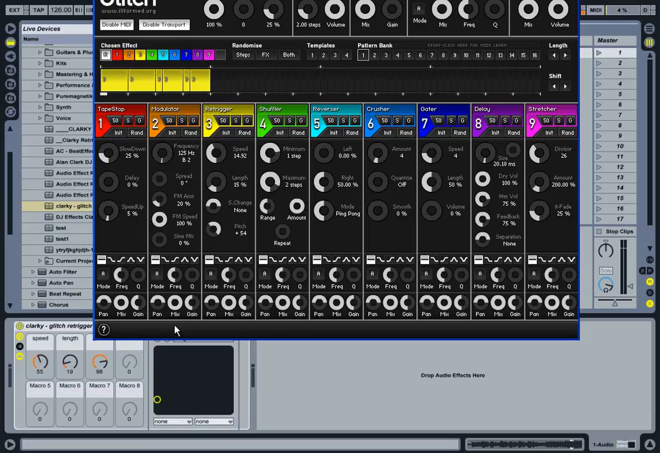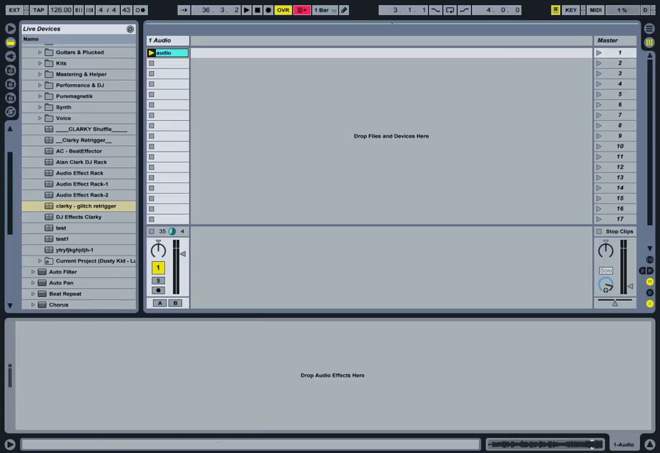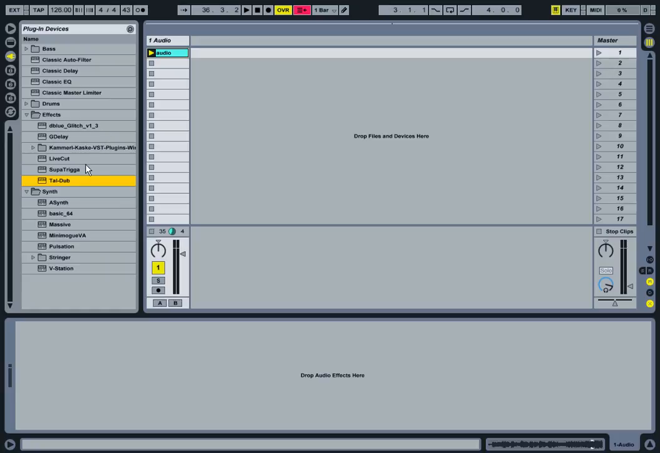So for some effects you might find that reversing it's more intuitive for you to use if it's reversed, so you now know how to do that. Now from here, the world is your oyster when it comes to audio effects racks. Now just to show you any other random plugin that I've got here, let's see, Live Cut, drag that